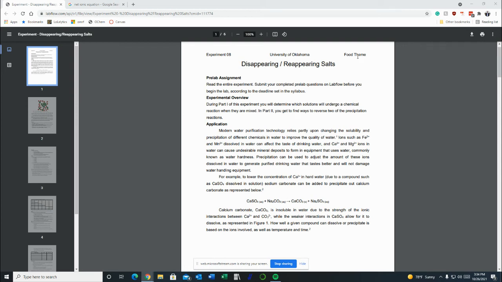All right, hello everyone. I'm going to quickly go over y'all's lab this week. So this week our lab is called Disappearing and Reappearing Salts, and basically it is a lab about your solubility